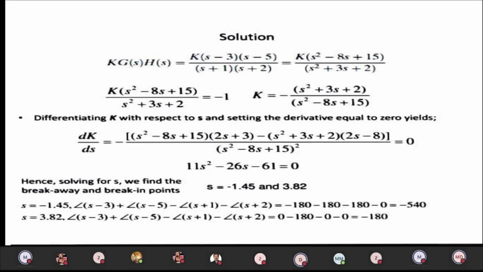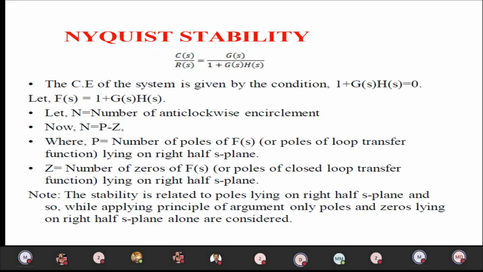So then we go for the Nyquist stability. This is the third stability criterion. First of all, what we have discussed: as per the Routh-Hurwitz criterion, if the poles are located in the left of the S-plane, the system is stable. If they are located in the right of the S-plane, the system is unstable. By the root locus technique, what W.R. Evans said is that the roots take different paths for the variation of the parameter k from 0 to infinity. If k is positive, the system is said to be stable, otherwise it is unstable. But as per the Nyquist stability,